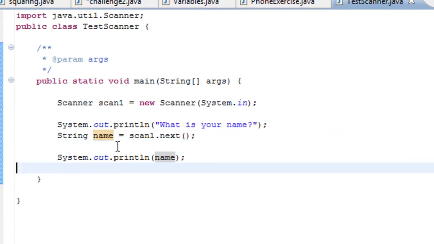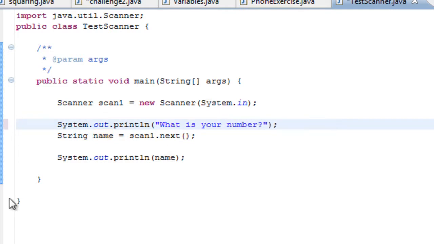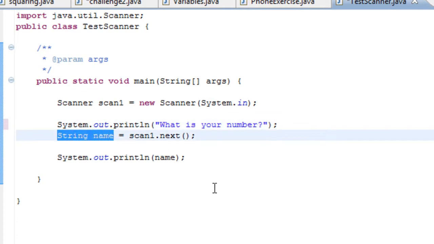Now if you want to use a number, for example, it's a little different. Instead of name we'll write number. Now it's safest to go with a double here because an integer might go completely wrong, because the user input might not be an integer, it might be several digits, and then the entire program will crash. So what we're going to write is double num1